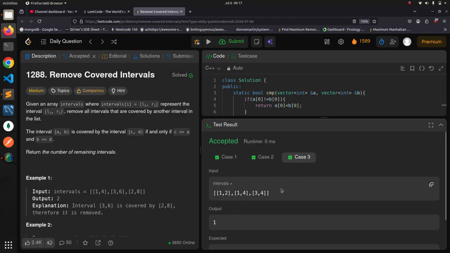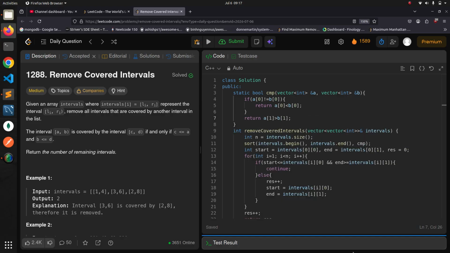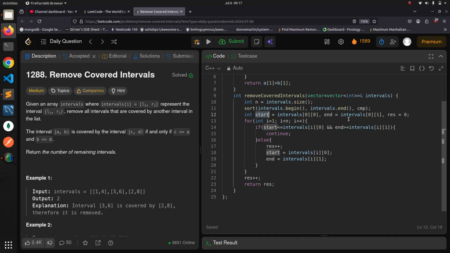This is important for this case here. We have 1 2 and 1 4. So 1 4 will come before 1 2 because we will be checking 1 4 first. Let's look at the code here. We will have start and end as intervals[0][0] and intervals[0][1]. Then a result will be initialized to 0. Then we will iterate over intervals from 1 to n, and we will check if start is less than or equal to intervals[i][0], meaning the first interval's starting point, and end is greater than or equal to the next interval's ending point. If this condition is true,